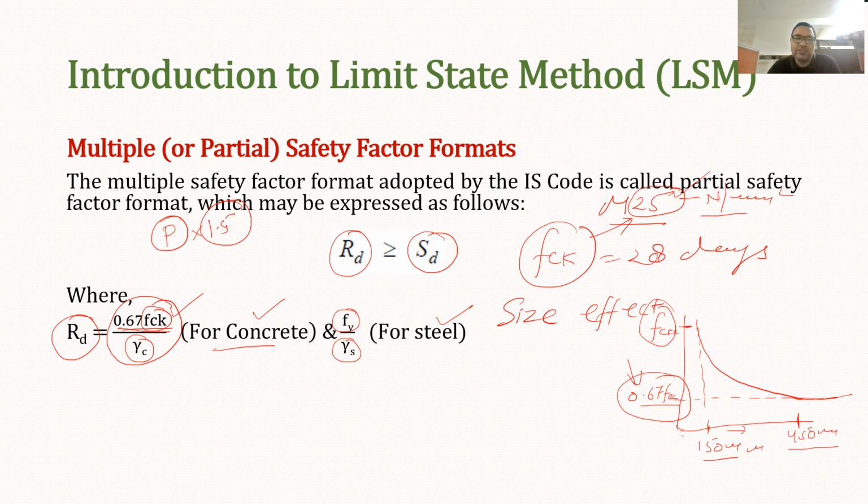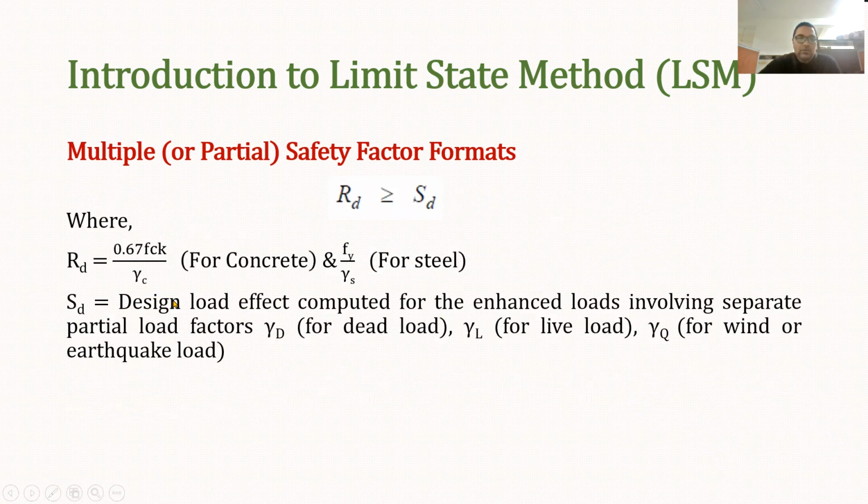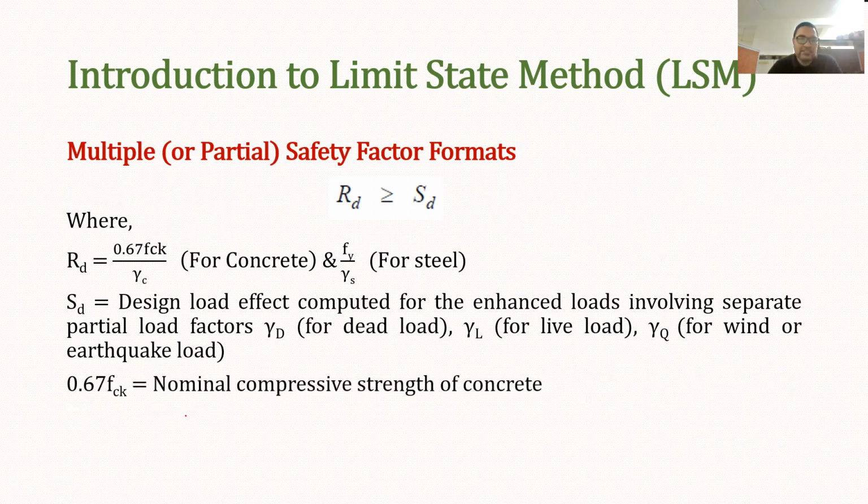So this factor, for example, I have taken 1.5, it may be 1, it may be 1.2. Based on reliability and probabilistic study, we decide what factors should be there for a particular design load, whether it is a dead load, live load or earthquake load. So different factors are there. Then, as I said, 0.67 fck is the nominal compressive strength of concrete, and